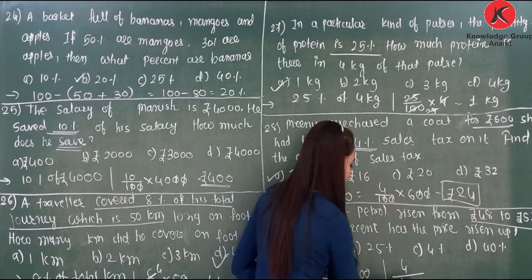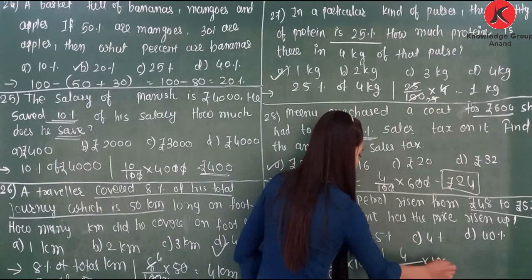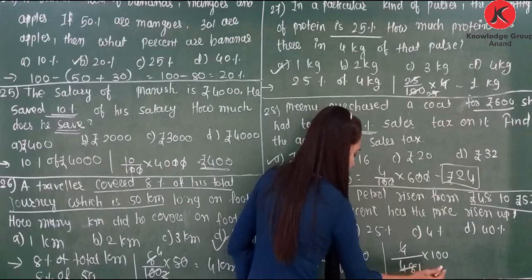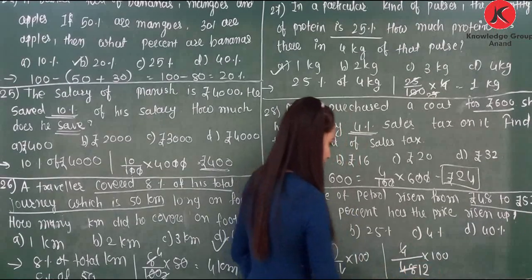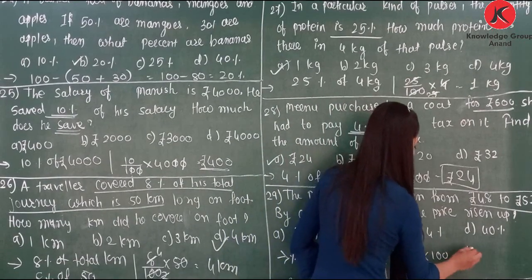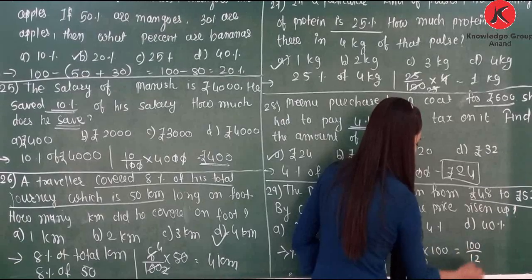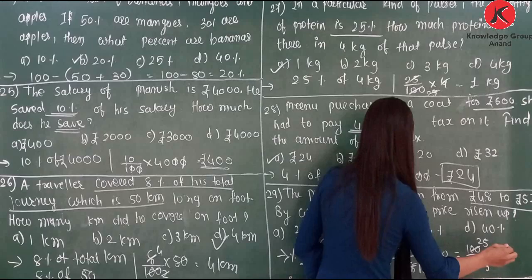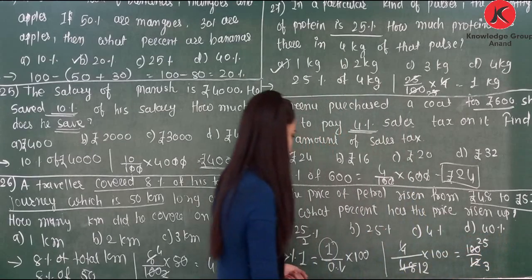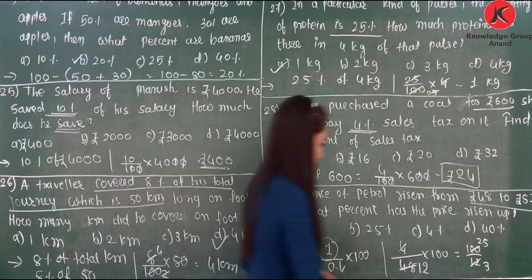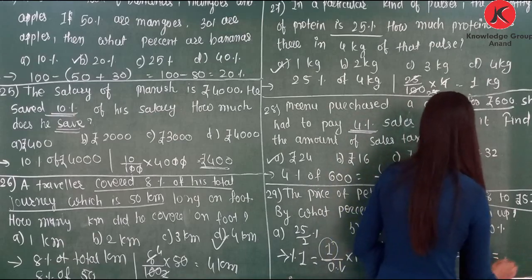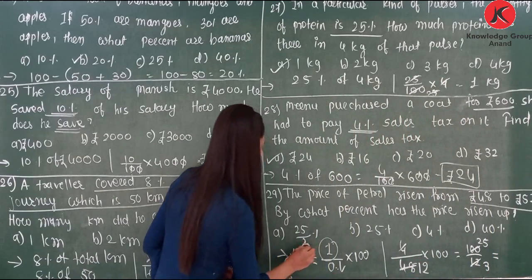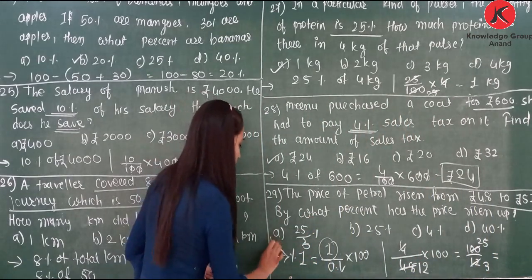Original value is 48, multiplied by 100. So it is 12. So 100 by 12, 25 and 3. So here we can change the answer, that is 25 by 3 percentage. Answer is option